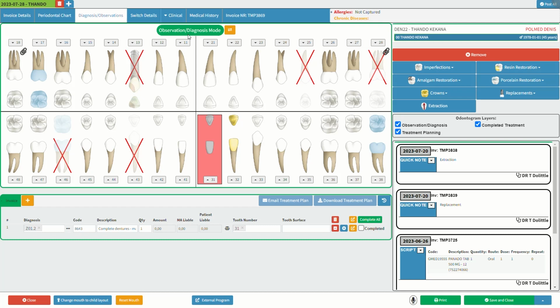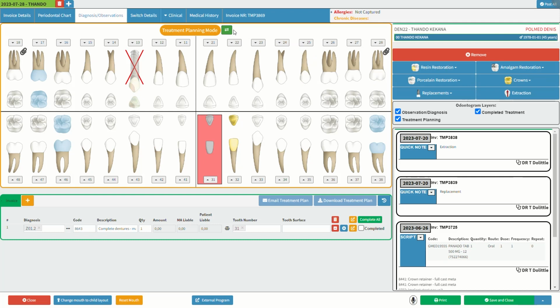For more information in regards to the observation diagnosis mode, please refer to the observation diagnosis mode user manual linked in this video's description. Next, we will take a look at the treatment planning mode. Click on a switch mode button to change to the treatment planning mode. In the treatment planning mode, the dentist plans the necessary procedures and provides the patient with a cost estimate. For more information in regards to the treatment planning mode, please refer to the treatment planning mode user manual linked